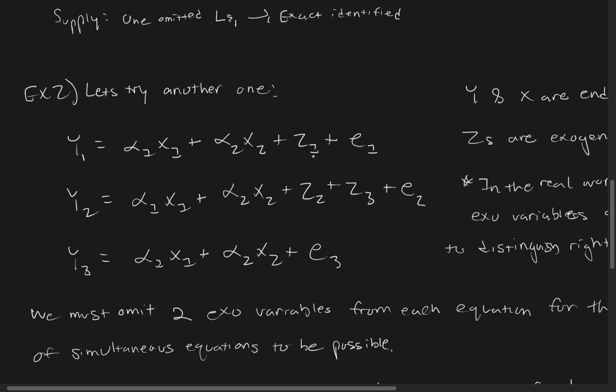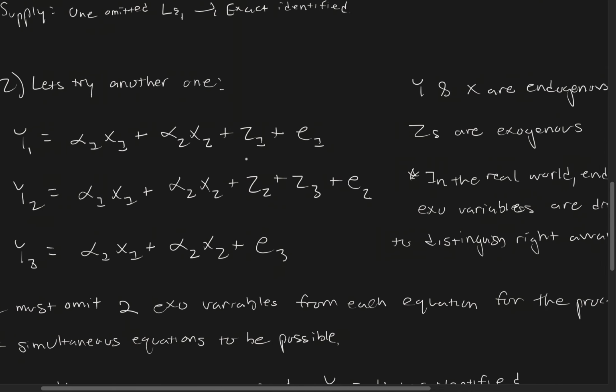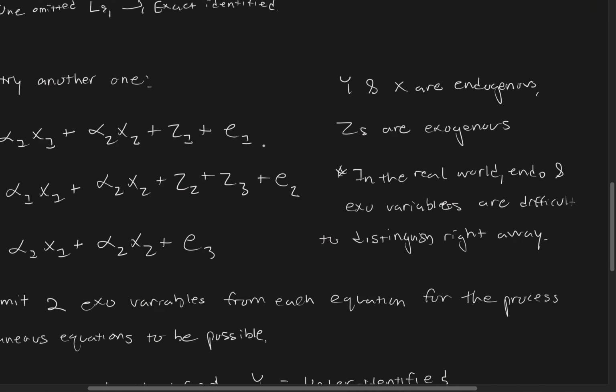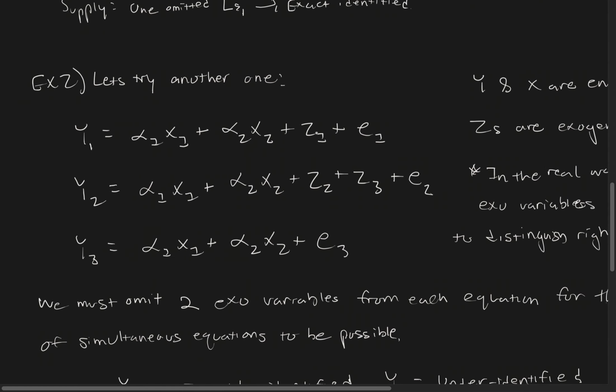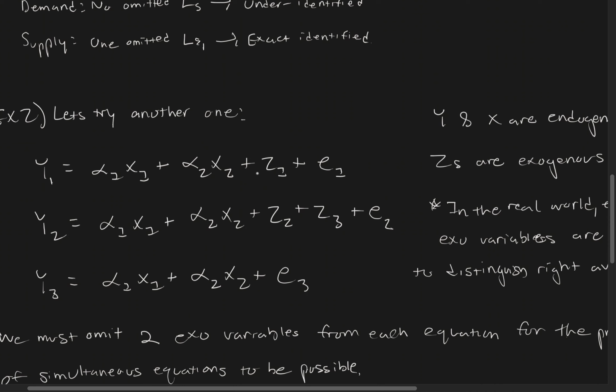All right, looking at another example, a little harder one. The y, x, and z variables are just given symbolically. So x and y are endogenous and z are exogenous in this case. Looking at the first function,